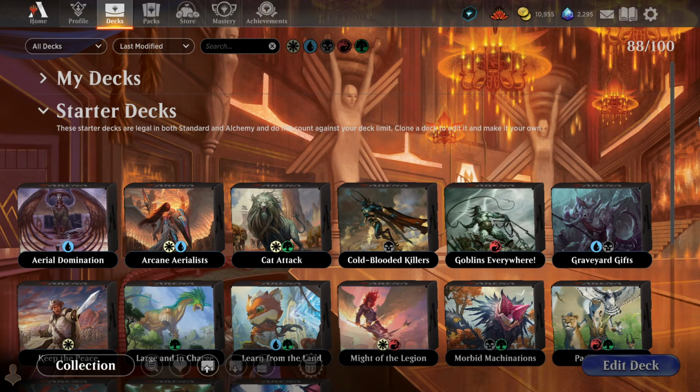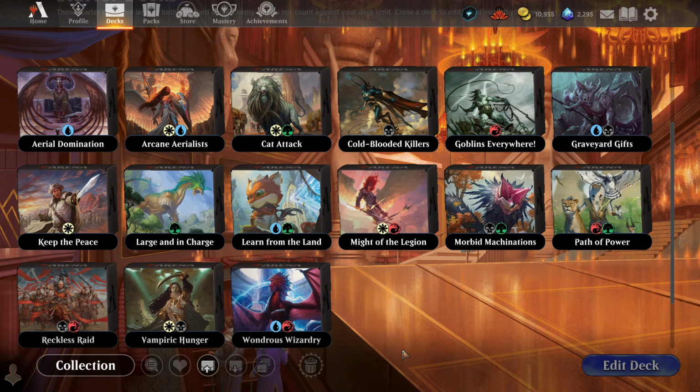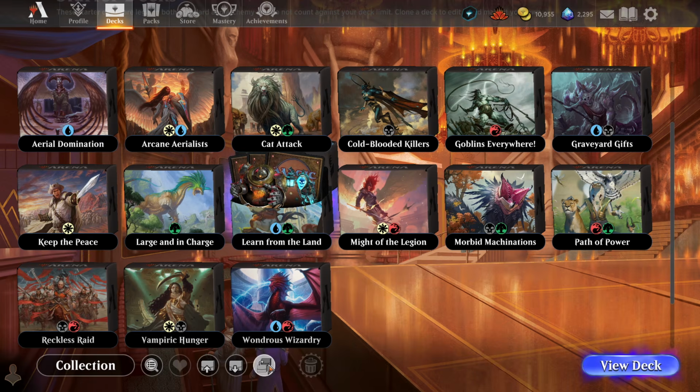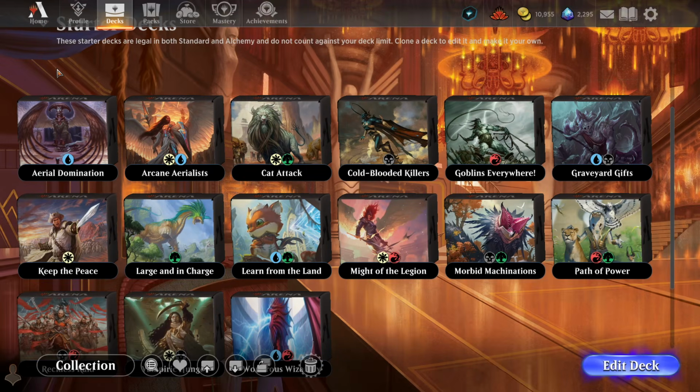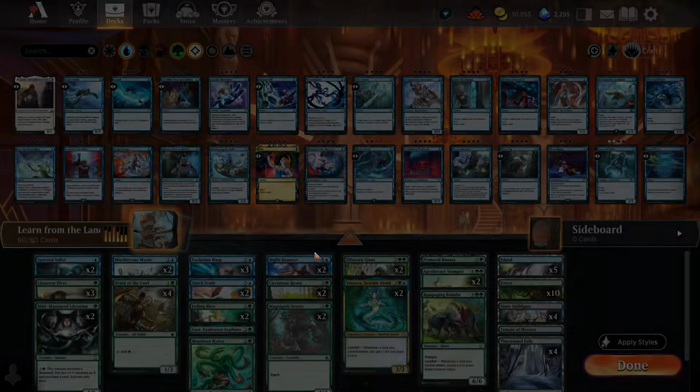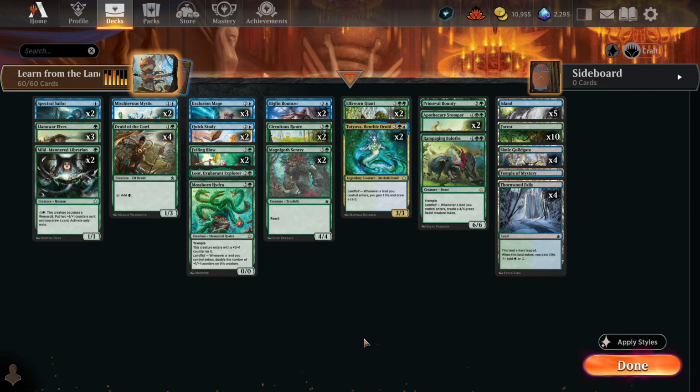Today we're going to be upgrading another starter deck, a Magic Arena starter deck. It's going to be the Learn from the Land deck, which, if you want to upgrade this, you have to click the clone button down here, which is going to add a copy to your decks, which you can now change to your liking. This is going to be a 0 rare, 0 mythic build,